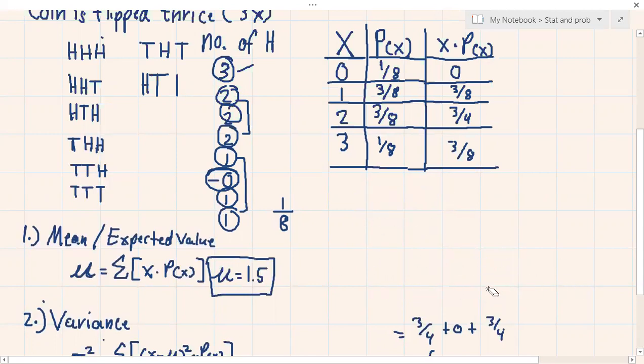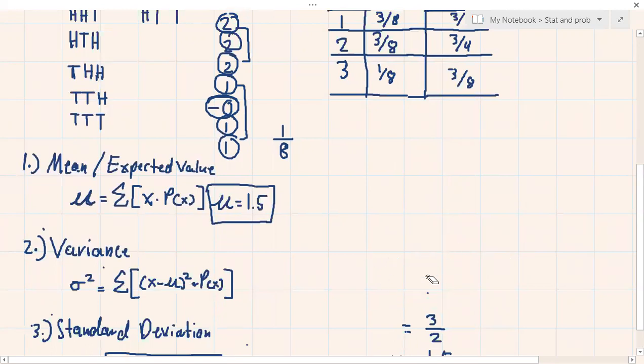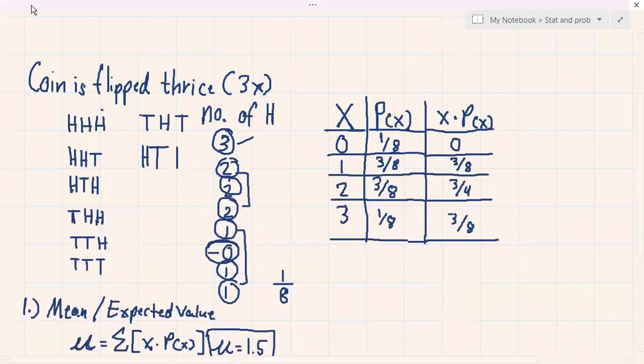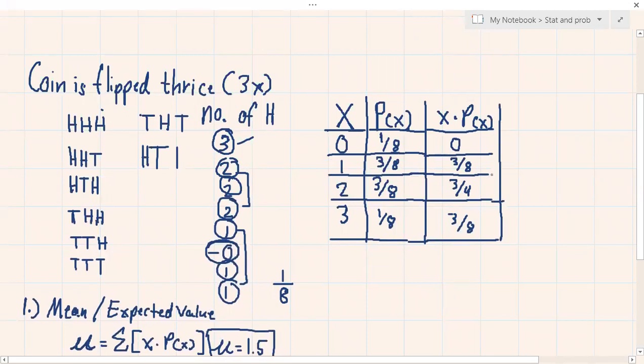Now, let's proceed dito. Wait lang. Okay? So, sa fourth column, we will now, what do you call this one? So, fourth column, ang gagawin ko is, I will basically get the difference between the x and the mean. Yan, there we go. X and the mean. Okay? So, sa first row, we have 0, diba? 0 minus yung mean mo, 1.5. So, this is negative 1.5.